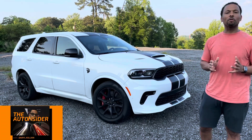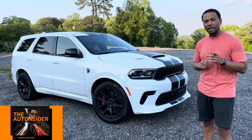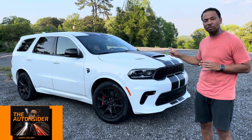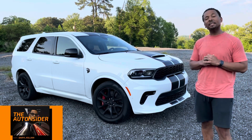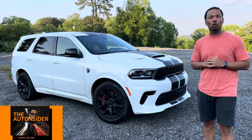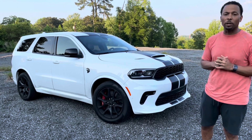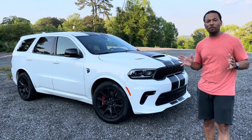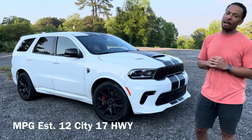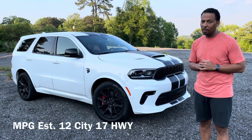Today on the Auto Insider, we're reviewing the 2021 Dodge Durango SRT Hellcat. That's right, 700 horsepower has finally made it to a 6-passenger family hauler. In fact, it's the most powerful 6-passenger family SUV on the road today. It's only going to be around for a year, so pay attention because you've got a very short window to get a brand new one. If you often find yourself short on space and short on time, this may actually be the vehicle for you. But before you rush out to your local Dodge dealer to get one, you must know